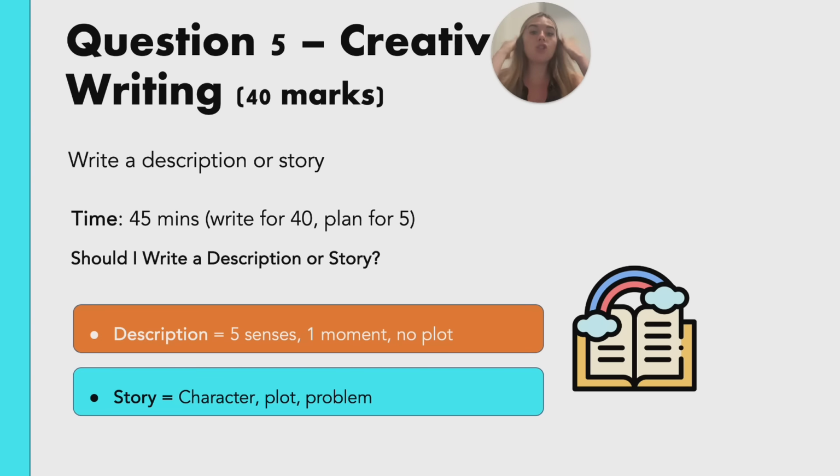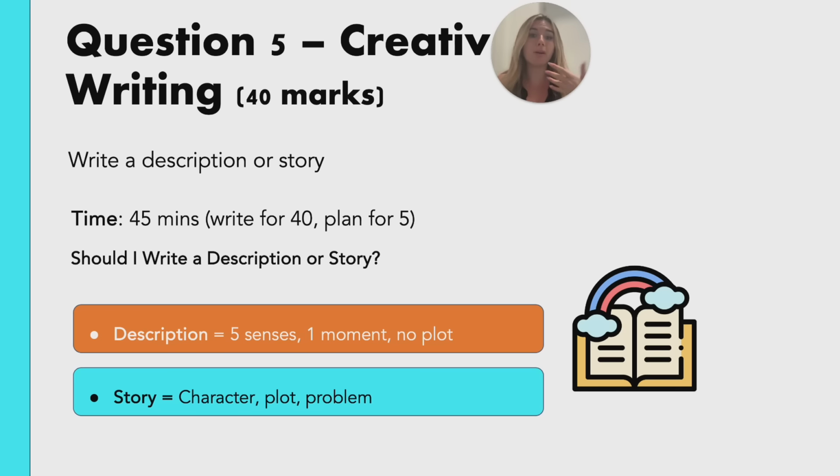Now, generally across the board, I would say it's easier to write a description. But a story, if done well, would probably award slightly higher marks. I personally would recommend for most of you to write a description unless you love storytelling and being really creative, because a description allows you just to stay in one moment and still really focus on the detail. Whereas a lot of students who aren't naturally amazing at writing stories will get too focused on